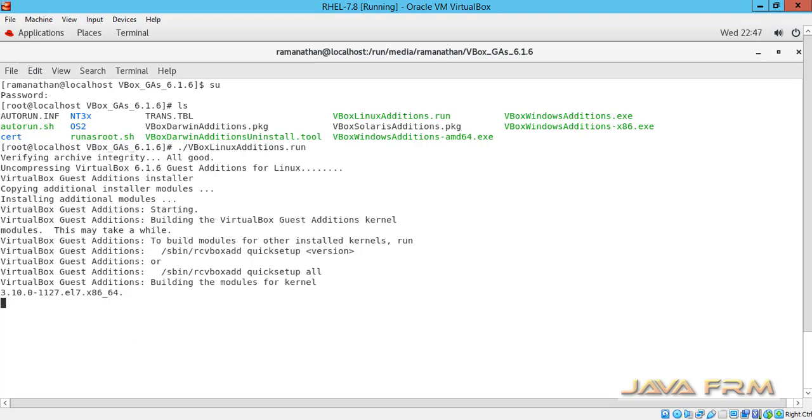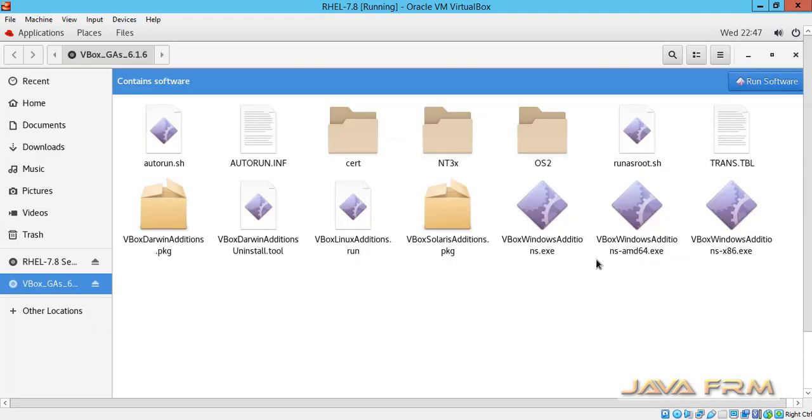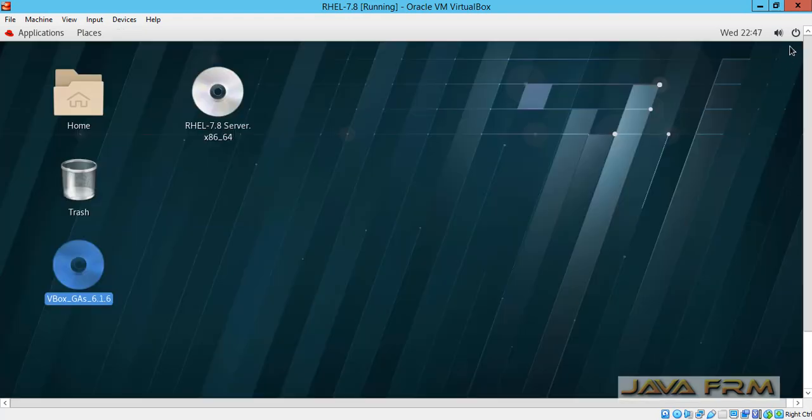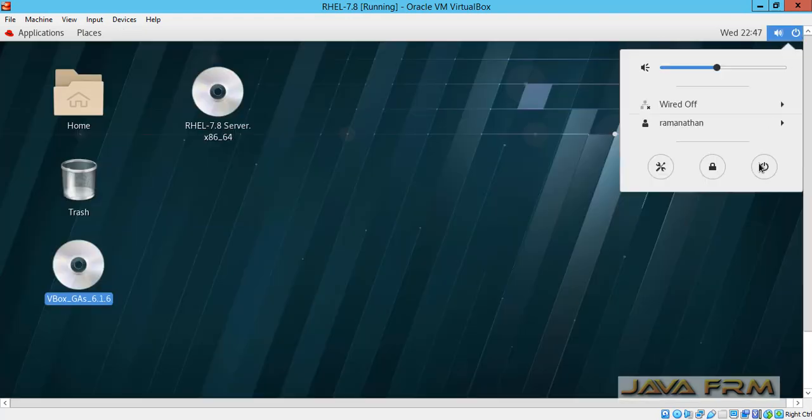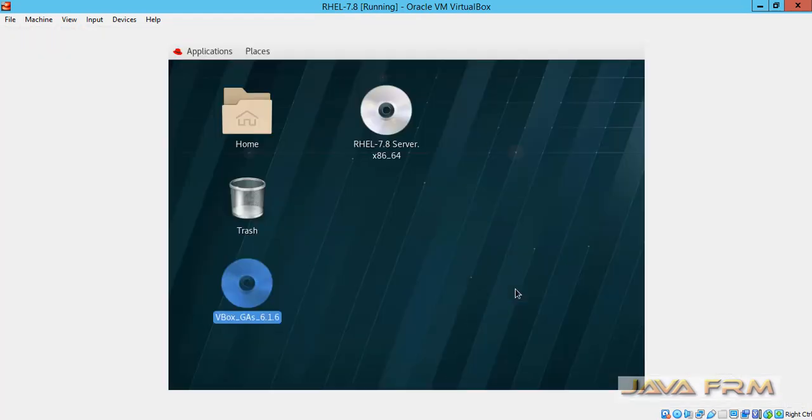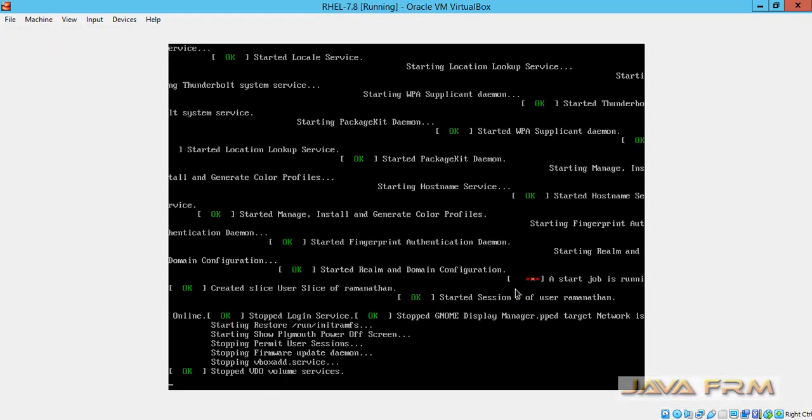This will install the guest edition software in Red Hat. Yes, so guest editions installed successfully now. Now I am going to power off this machine and enable the shared clipboard and drag and drop feature. So I have powered off this Red Hat Enterprise Linux 7.8 virtual machine.